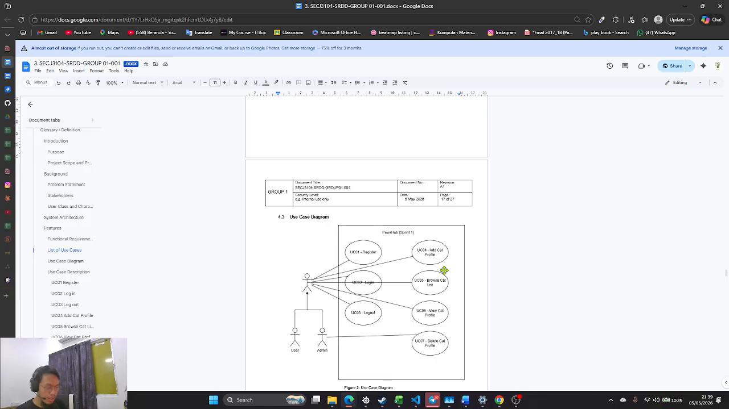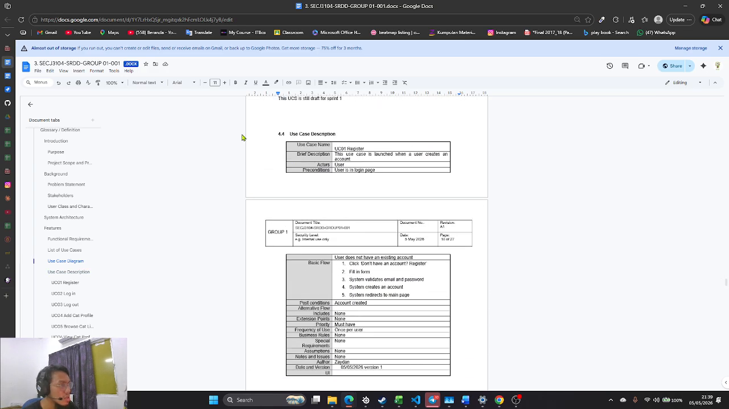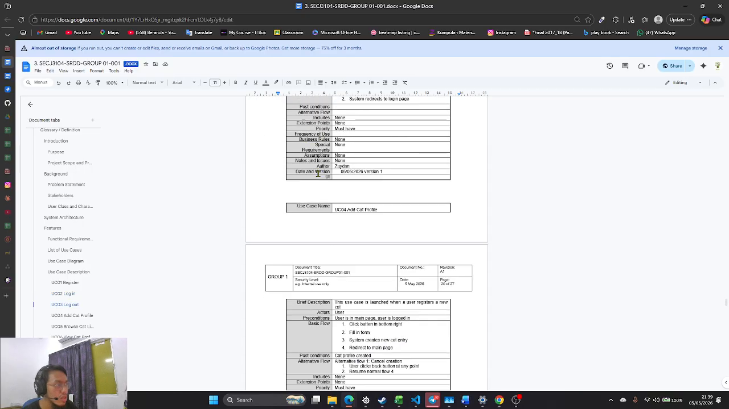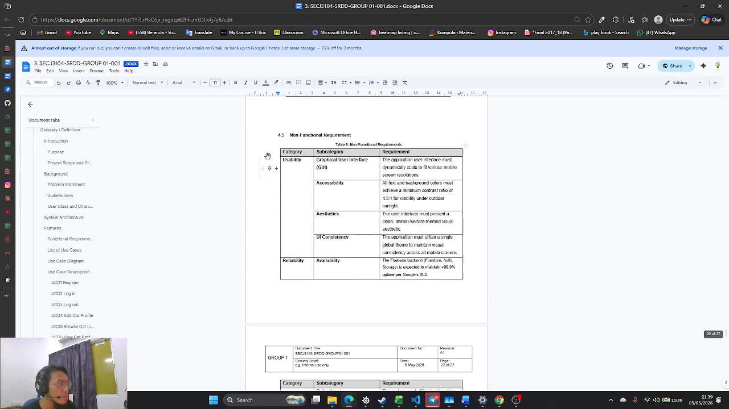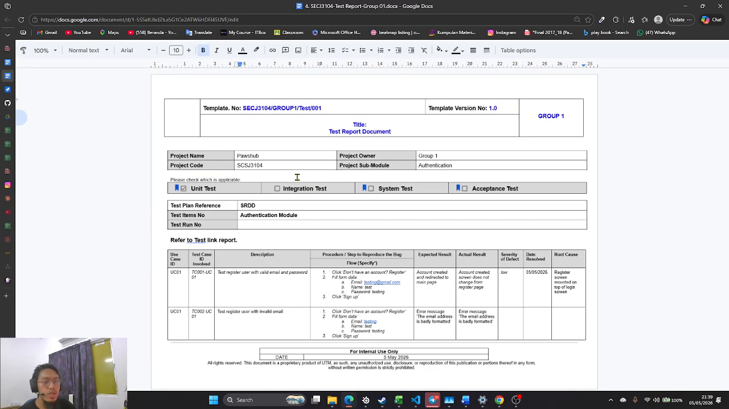Now, use case, I think it's all done. You can read this by yourself. Non-functional requirement. I think the second last is about the test report. Okay, so for the test report,